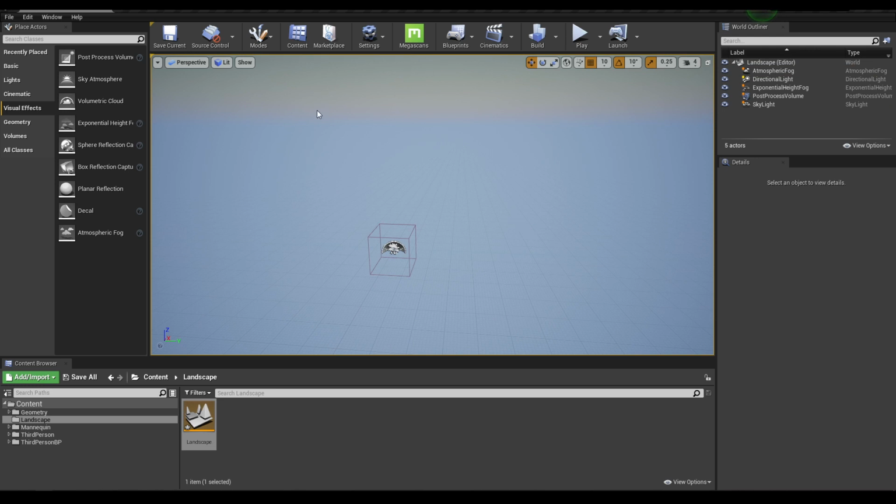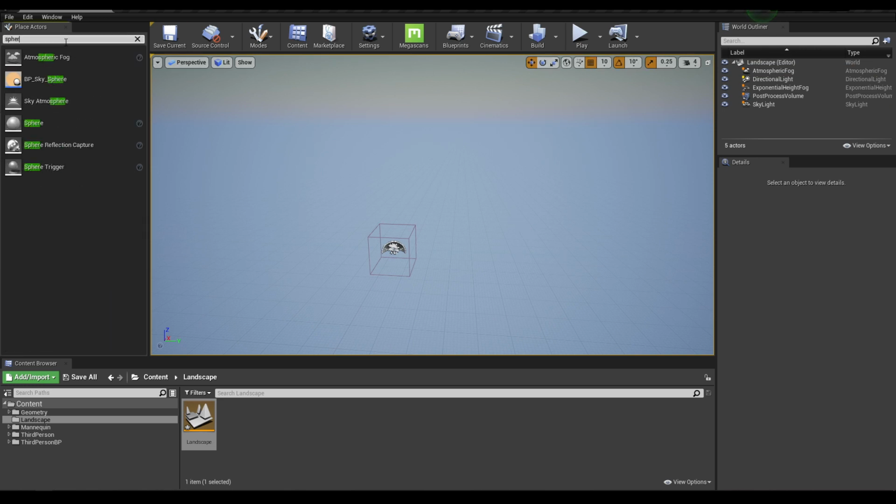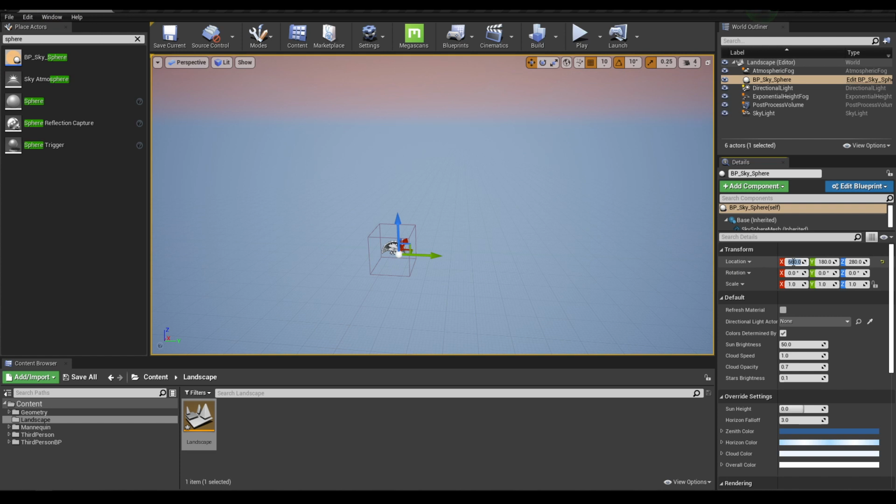Let's add one more thing and go to the classes and search for sphere, and you'll see this BP sky sphere. Select it and drop it here. Now let's go to the cloud opacity and increase it to 1.